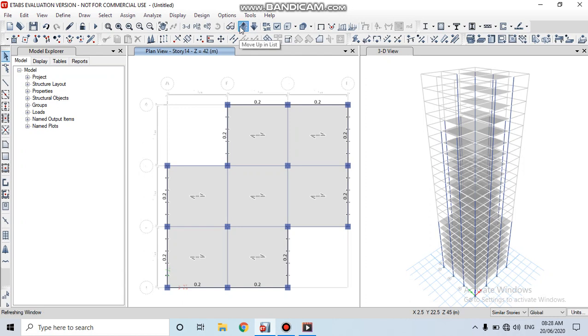Then by using move up list, it is set to story 20 in 20 to 23.